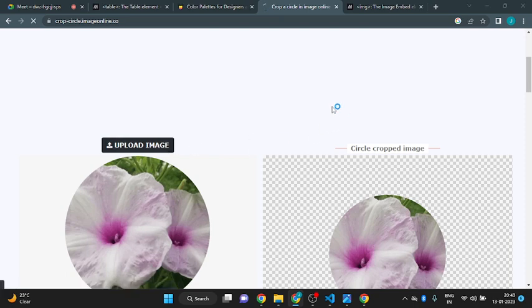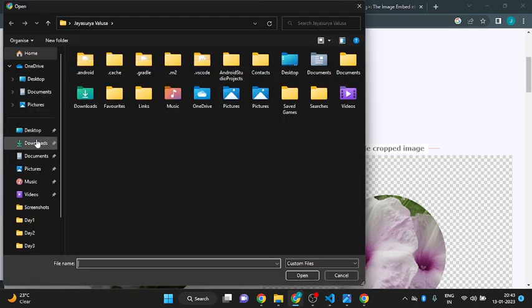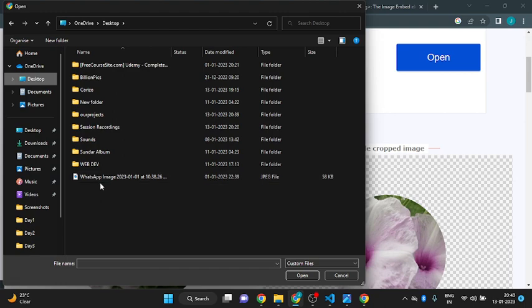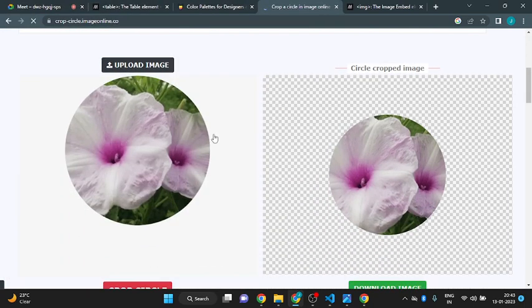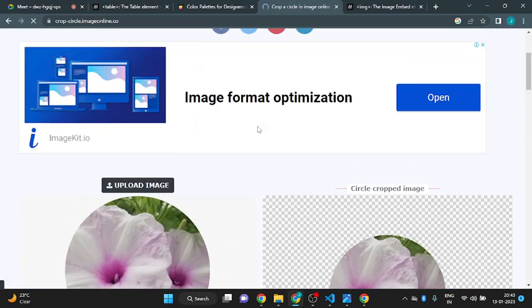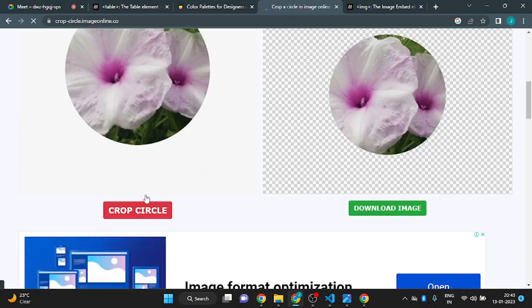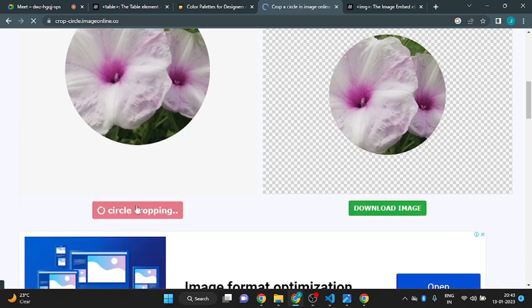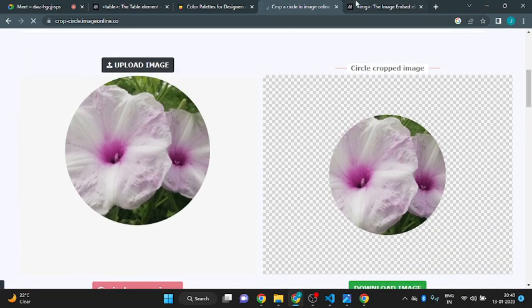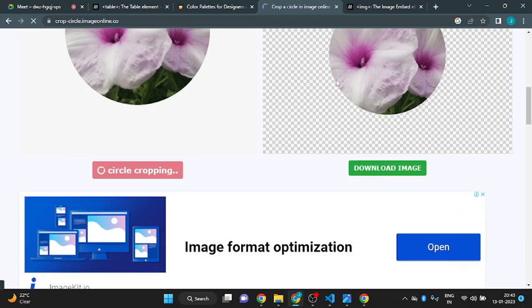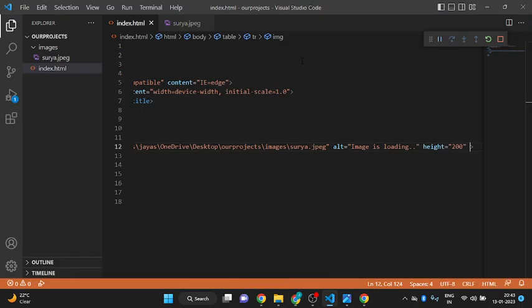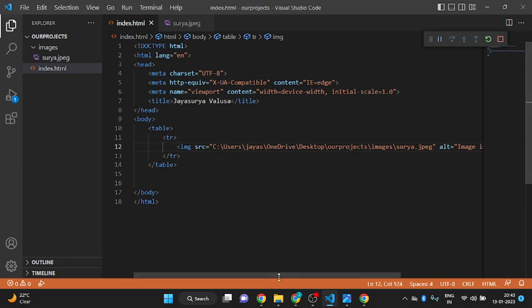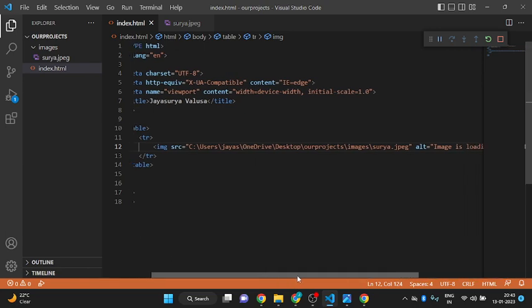For now, I am uploading here. I will change that image for your understanding. See, this will directly convert my image. I think you can do that. Yes, sir. You can download this and you can add it to that. Okay, fine. Now, after this, what we will do is